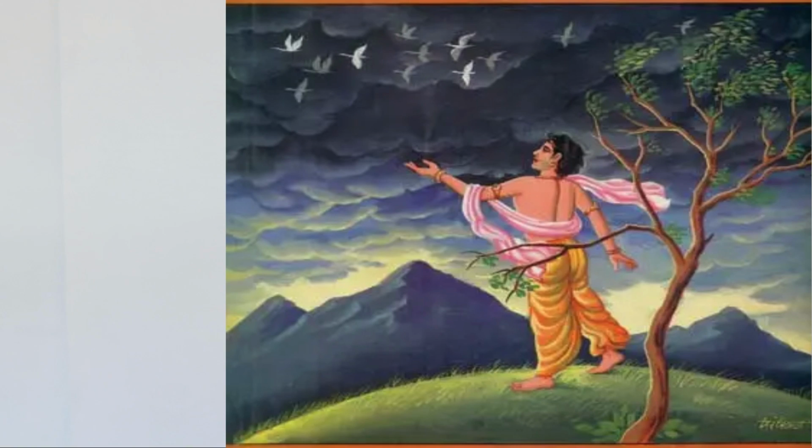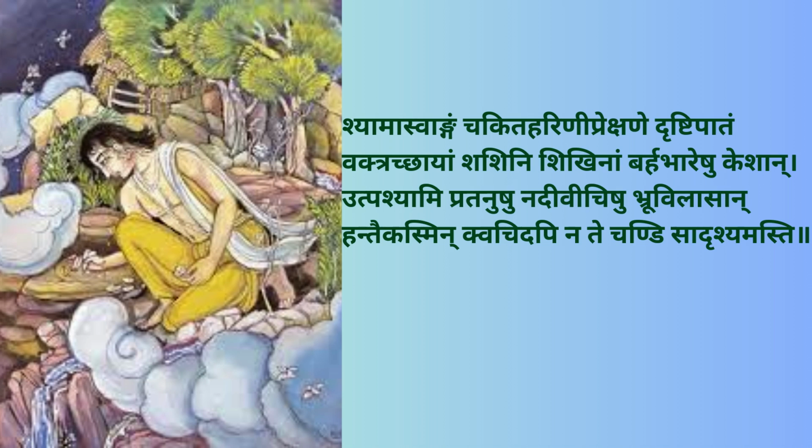The storyline of Meghadutam is that a yaksha is cursed because he ignored his duties as he was smitten and obsessed by his wife Yakshi. Because of the curse, the yaksha is separated from the love of his life and he is banished in the woods. When monsoon arrives, he sends his message to his wife through the clouds. This is what he asks the clouds to convey to his wife. I'll tell the meaning. First let me recite this.